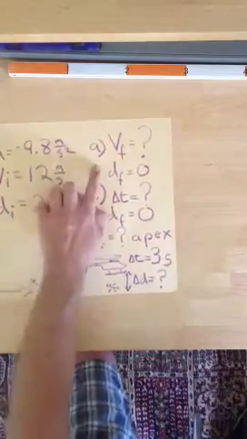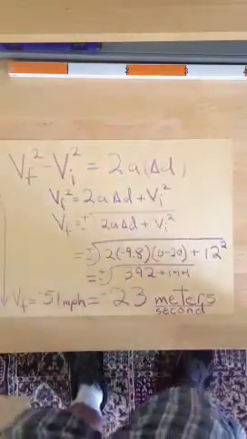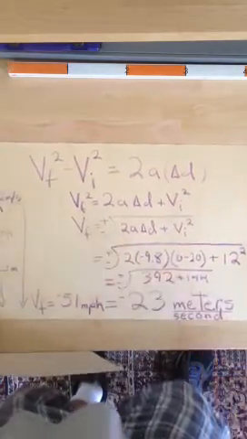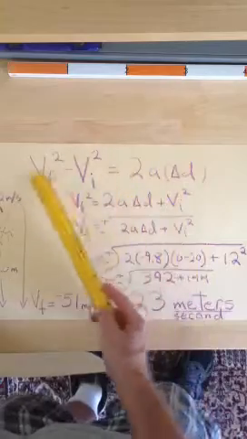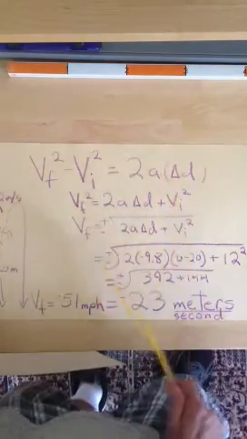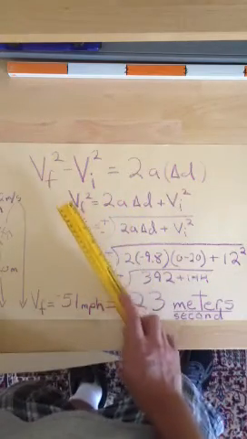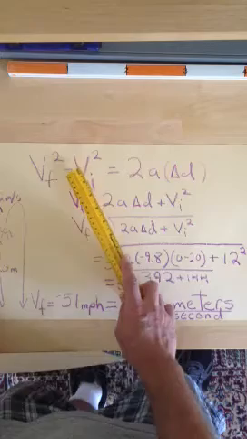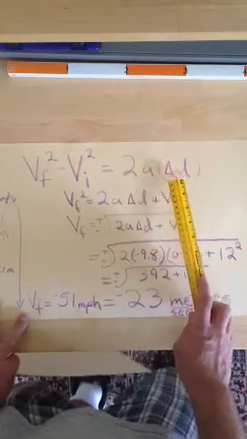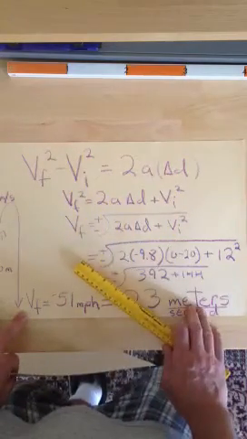So we're only going to do part A, and that is, what's the final velocity of the person after falling 20 meters? So this is one of the fancy kinematics equations. No average velocity, no time. And so we're going to isolate final velocity. So we start with final velocity squared minus initial velocity squared equals 2 multiplied by the acceleration multiplied by the displacement. We add initial velocity squared to both sides,